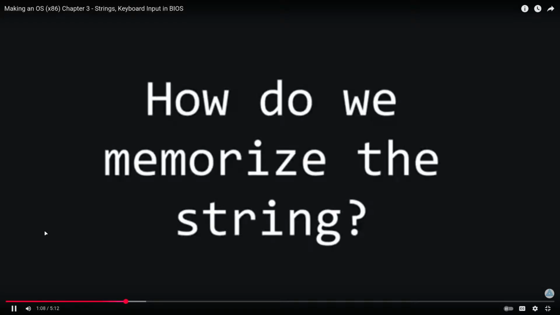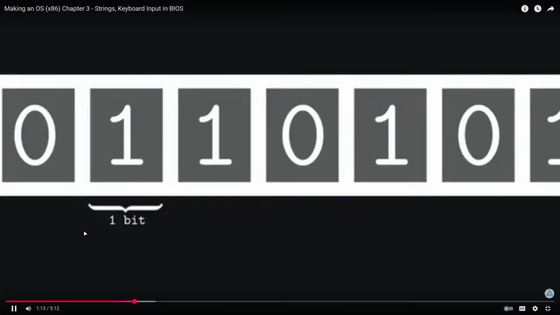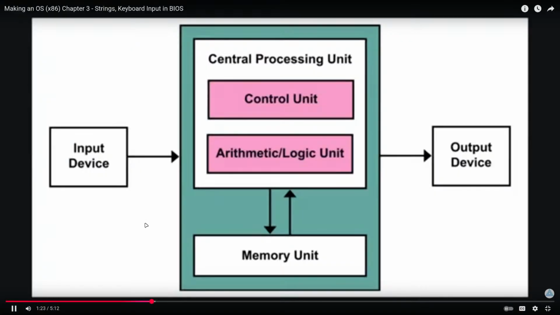The other big question is, how do we memorize the string? Well, we know that when we load our program, the binary image of the file is loaded to memory. You have surely heard the phrase data and code are the same thing, which is one of the foundations of what's known as the von Neumann architecture. What that sentence means is that we store data